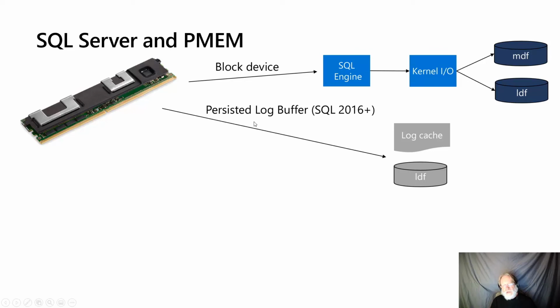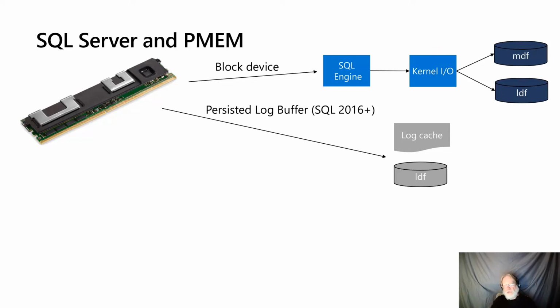If you start taking advantage of the fact that this is a memory board, even though it's persistent, in SQL 2016, we took the first baby step along this path. Log records are held in a cache and then flushed out to disk. And traditionally, we haven't allowed the transaction to complete until we have confirmation that that flush has happened and it's persisted in durable storage. But if the log cache itself is kept in one of these PMEMs,